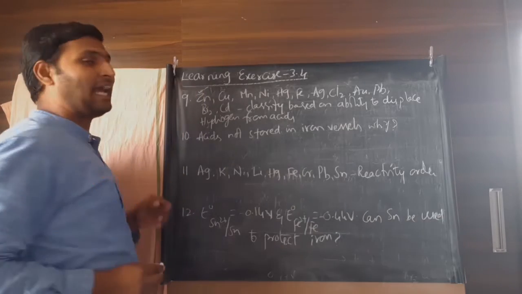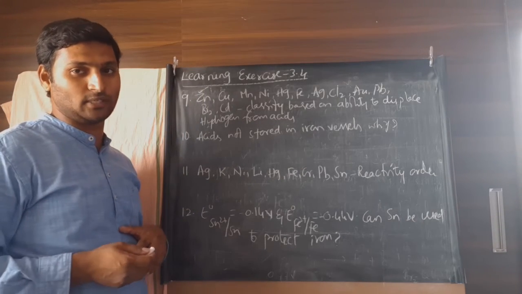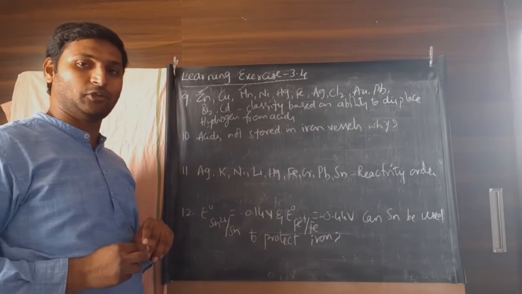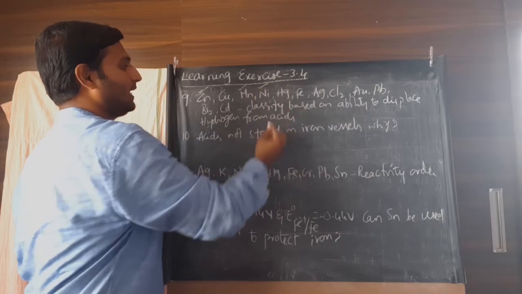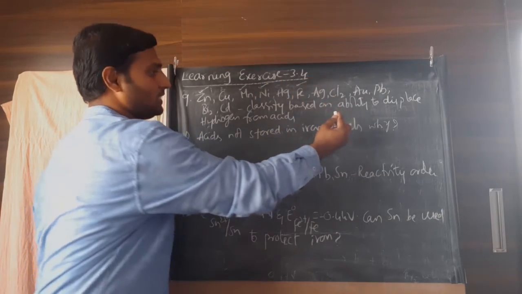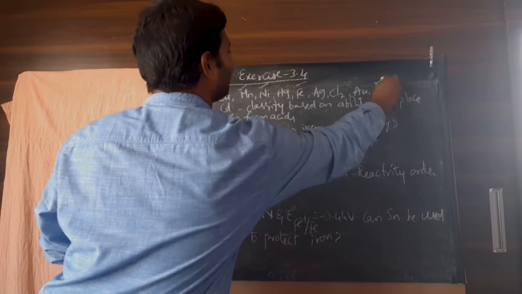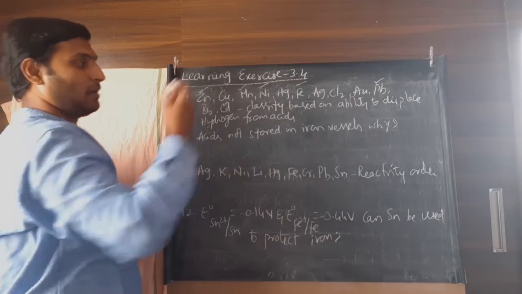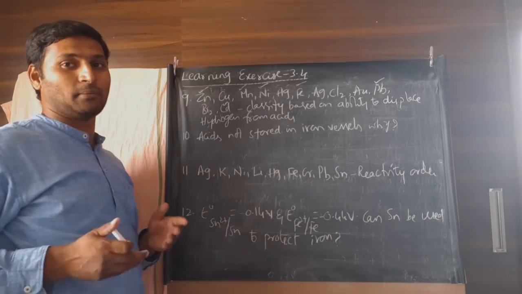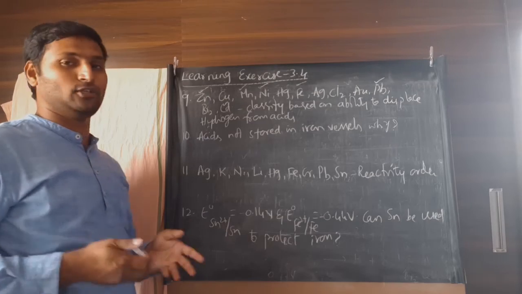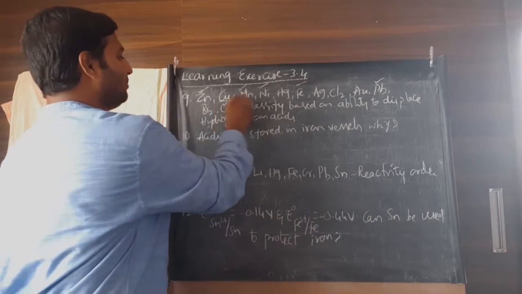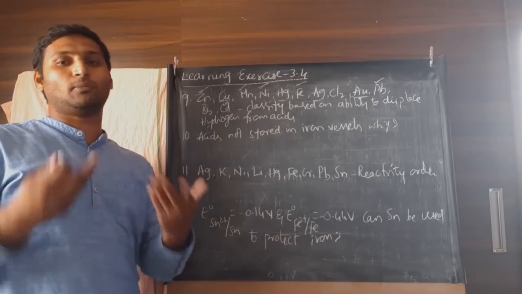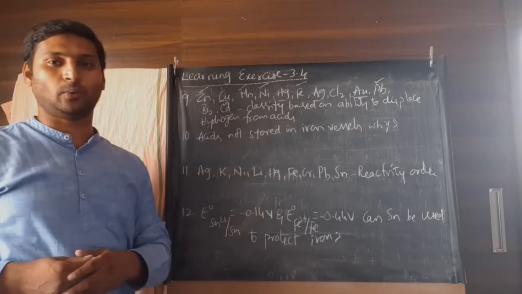So you know zinc has negative potential, minus 0.76 you will see in the series. So it can displace. Manganese also will have negative potential, it can displace. Nickel can displace. Iron can displace. Lead is at the verge of it, it can displace. Cadmium can displace. Non-metals of course cannot displace hydrogen because non-metals are more electronegative than hydrogen. Hydrogen is more electropositive than non-metals. And then metals like copper, mercury, silver, gold, though they are electropositive, are less electropositive than hydrogen itself. That's an easy question for us.